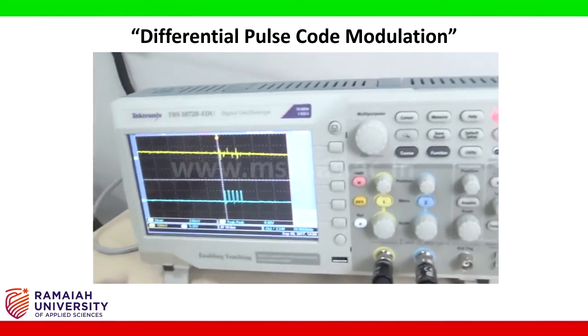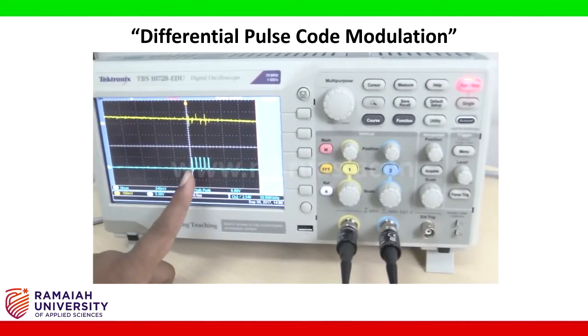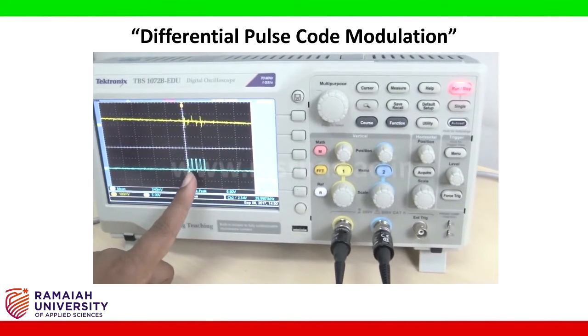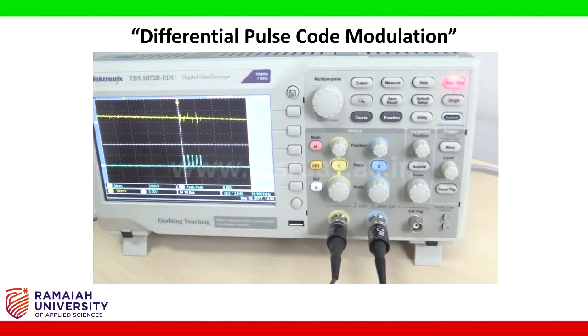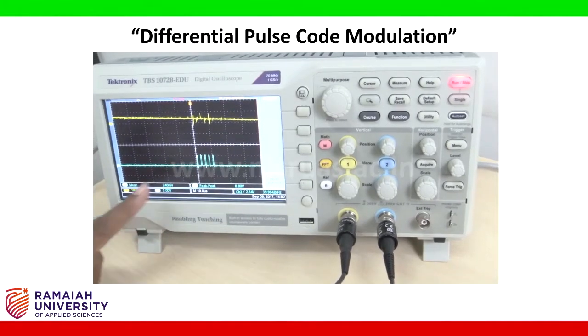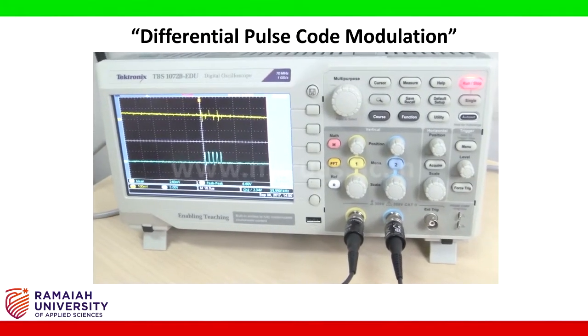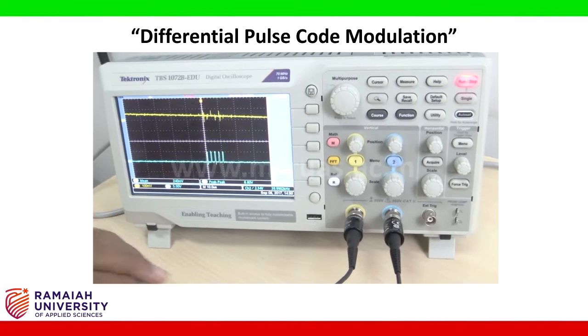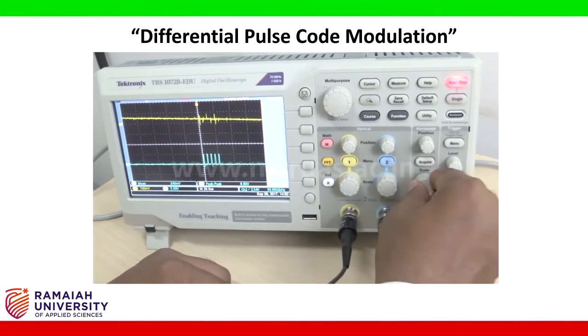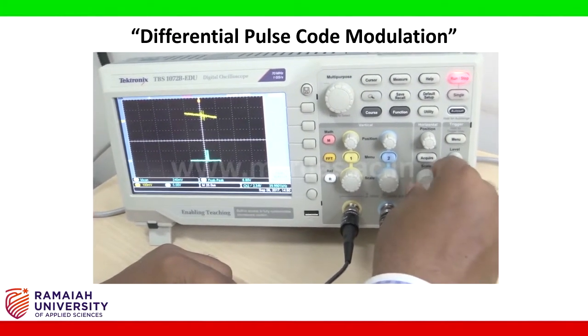Now you are able to see the pulses, 1, 2, 3, 4 and 5 pulses in series, and for the rest of the time it is 0. Again it repeats. For that, if I change the time scale,